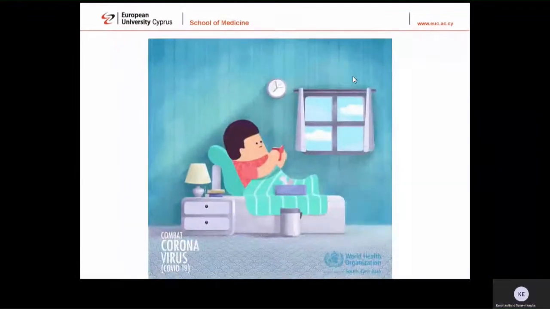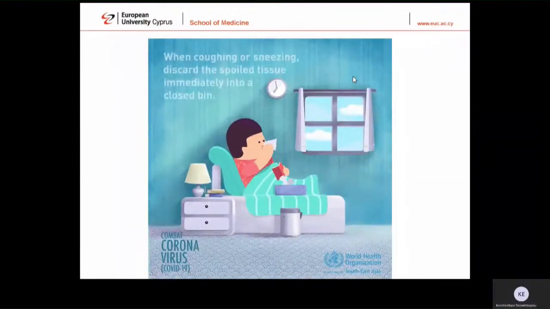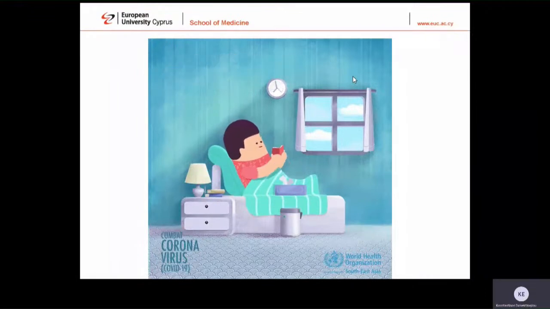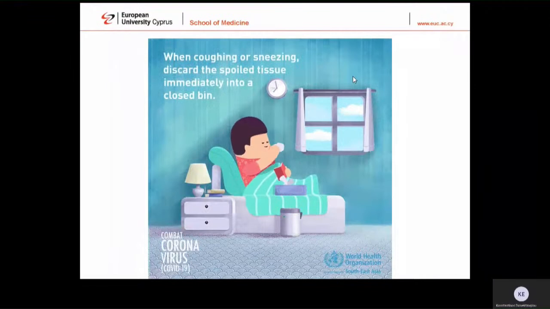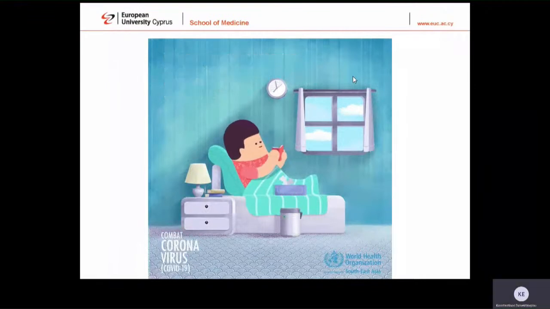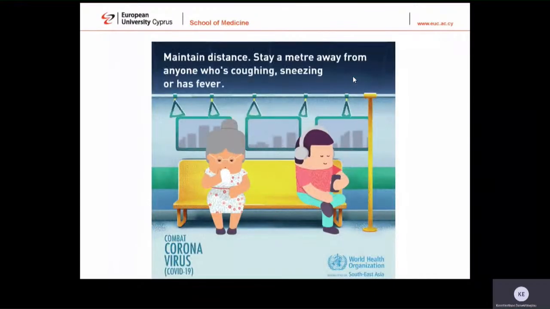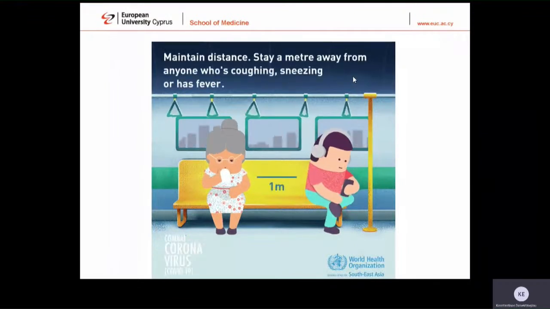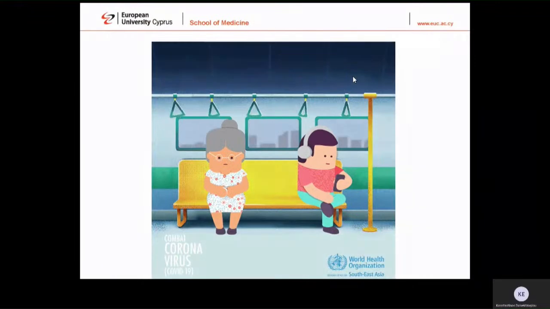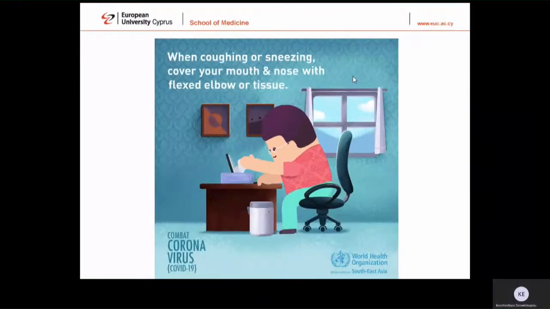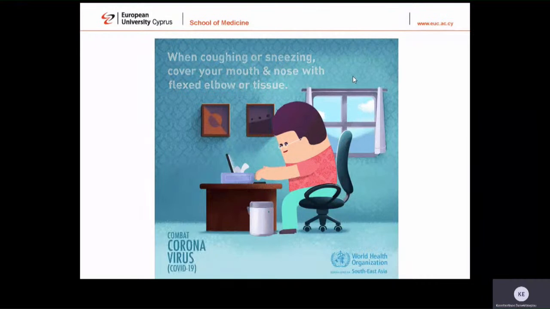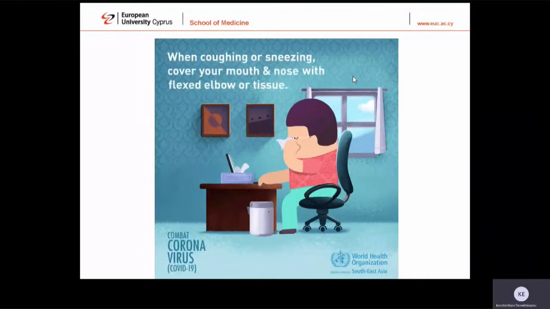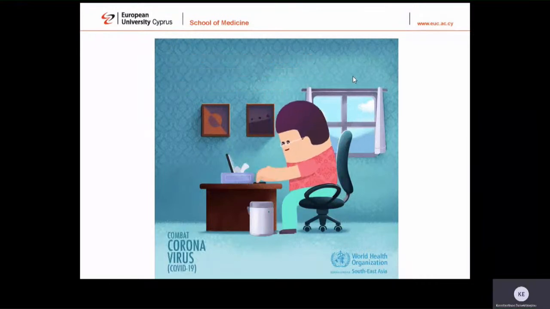So again, the reason we are doing this presentation is because you're citizens of the world. So you may live in a small or in a large area near or around the campus, but your microcosmos is the EUC campus. So we have to take care of how to implement what we know about basic protective measures and social distancing, not only in your house, but also in your workplace. And for the next 6 years, your workplace will be EUC School of Medicine.